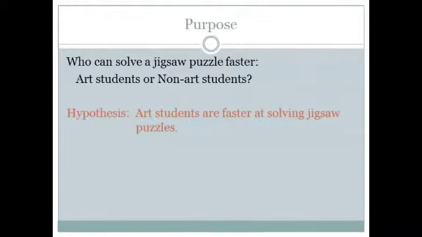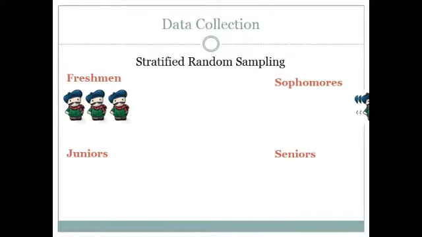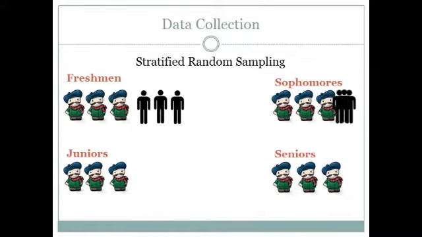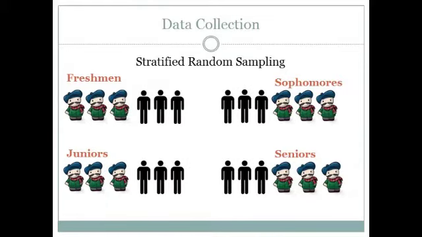The purpose of this study was to see if art students can solve a jigsaw puzzle faster than non-art students. We used stratified random sampling as our method to select participants. The population of Centennial High School was organized into 4 strata: freshmen, sophomores, juniors, and seniors. 3 art students and 3 non-art students were selected from each class, thus giving us a sample size of 24